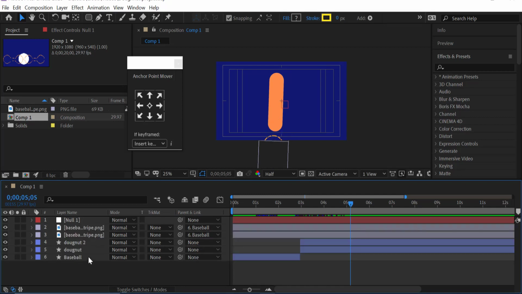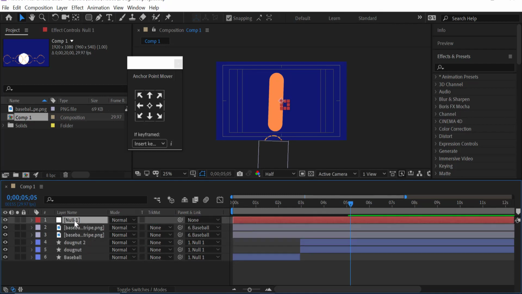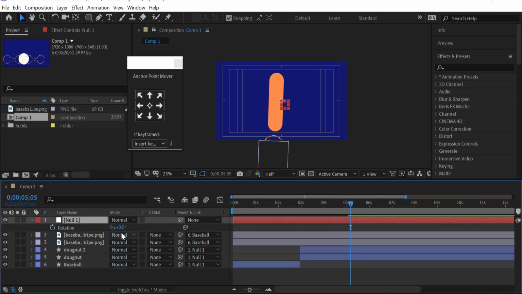Okay, since these two have already gone off, let me select these three. I don't want to distort whatever has happened because this was parented to something else. It's parented to the baseball, which is this. So let's just parent these three to the null. What I want to do is bring the rotation of the null and do it to the left,